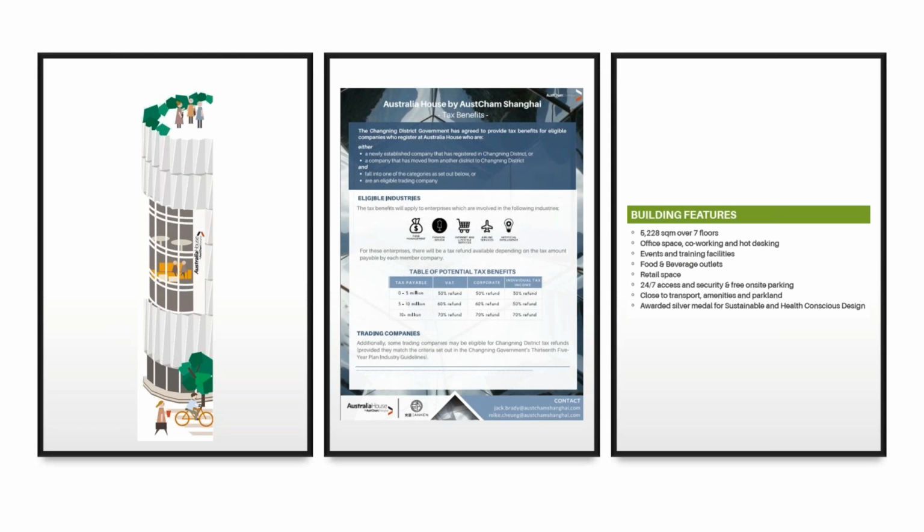Now, unfortunately, it's really very small for you to read, but I wanted to show here the tax benefits of being in this building, which is that if your tax payable is between 0 and 5 million renminbi, you will get 50% refunded by the Chunning district government on VAT, on corporate income tax, and 30% refund for each employee's individual income tax, which is unheard of. It's absolutely amazing. And the industries that are eligible are fund management,